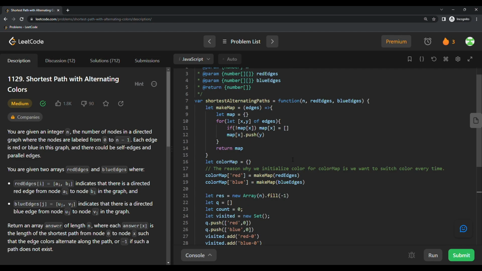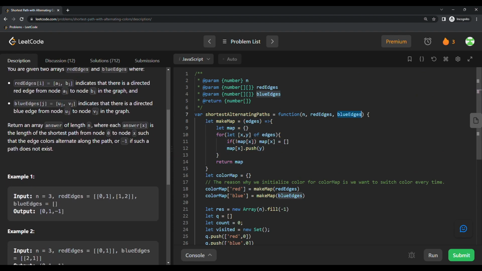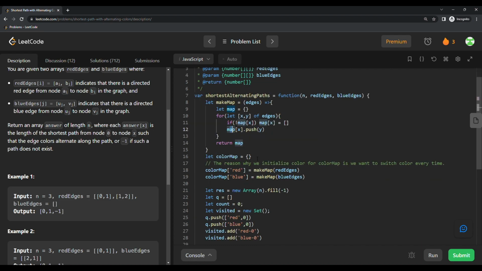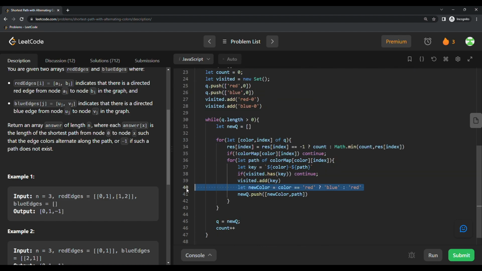That's it. So for this question, we will make map for red edges and blue edges. So we get X value, and then we initialize empty array in map.x, and we are going to push y value in map.x, and we will make color map for red color and blue color, because like every time we want to switch the color like this,